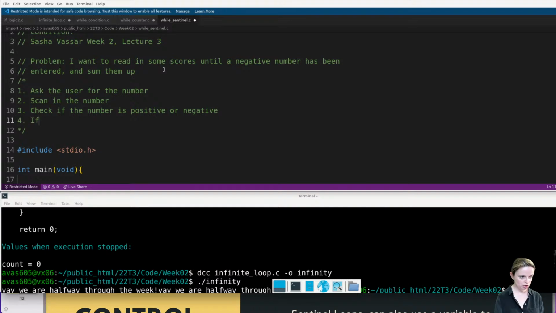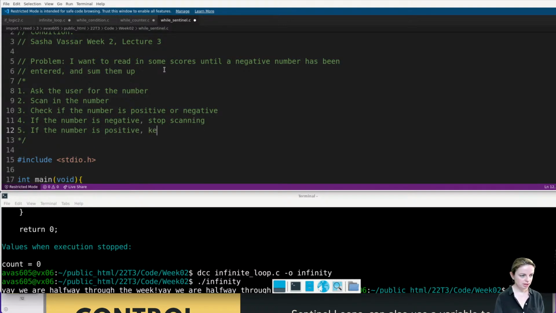And then what should we do? If the number is negative, stop scanning. And if the number is positive, keep scanning. No, not keep, add to the sum and ask for the next number.